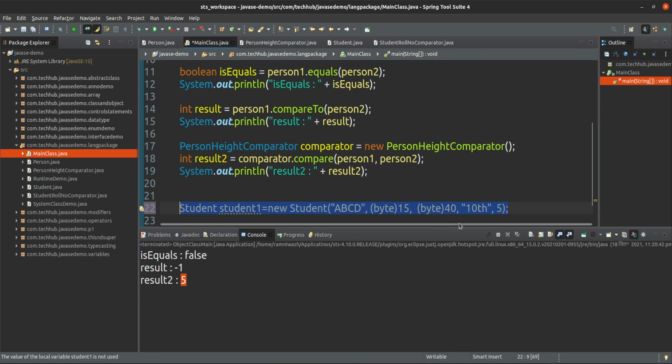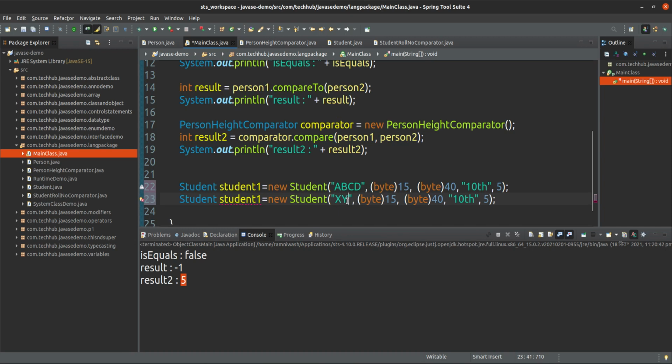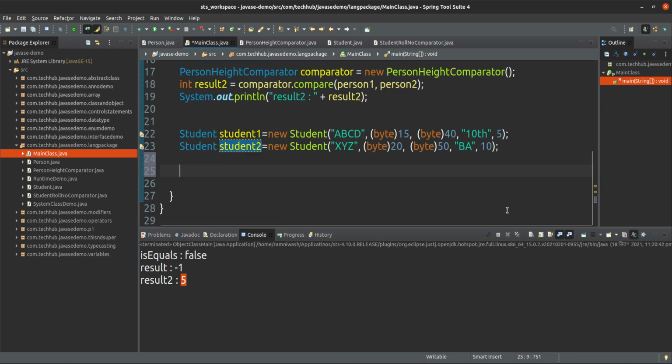In the same way, I will create another student, XYZ, whose age is 20, who is in BA, height is 50, and roll number is 10. And this is student 2, and I want to compare these. The comparator I have given is on the basis of roll number.